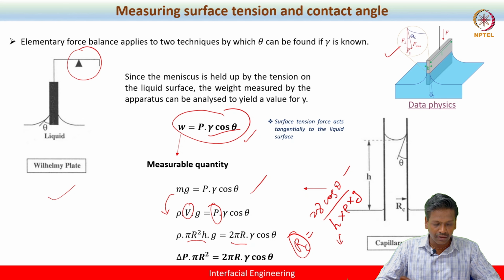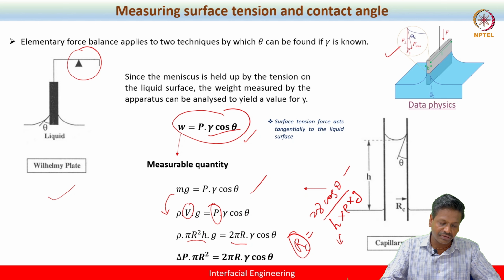when it comes to the Wilhelmy plate, the manufacturer supplies the Wilhelmy plate made up of a special alloy. The advantage is that they make contact with the water in such a way that theta is negligibly small. Their wettability with water is very good, so you can actually ignore the component of theta. In such a case, you don't need to worry about the measurement of theta.